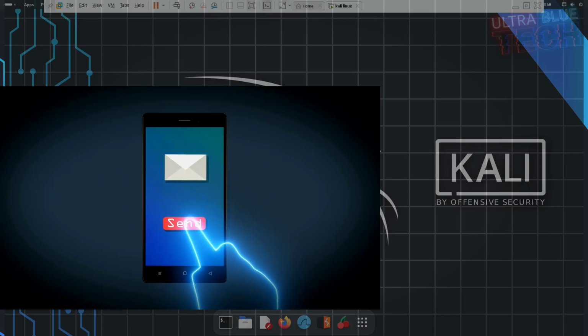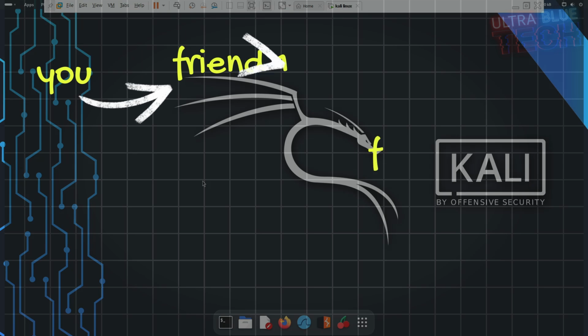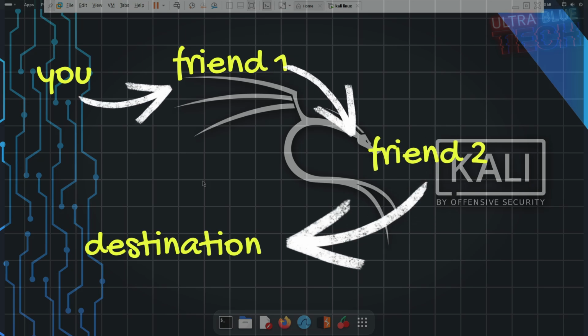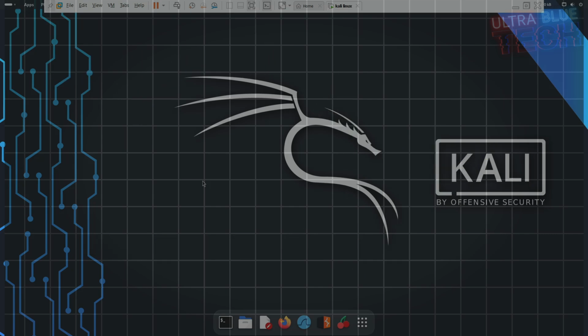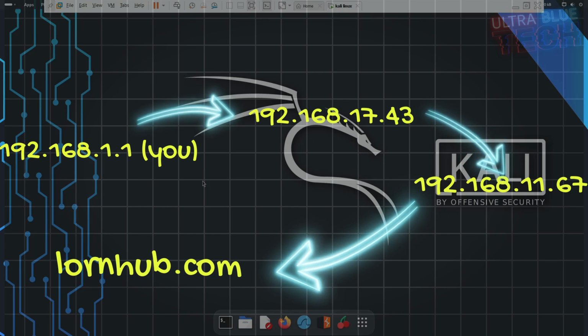So imagine you want to send a letter, but you don't want anyone to know where it is coming from. So you send it to a friend, who sends it to another friend, who sends it to the final destination. That's kind of what proxy chain does for your internet traffic. It sends it on a roundabout journey through multiple friends, that is proxies, to hide your tracks and enhance your